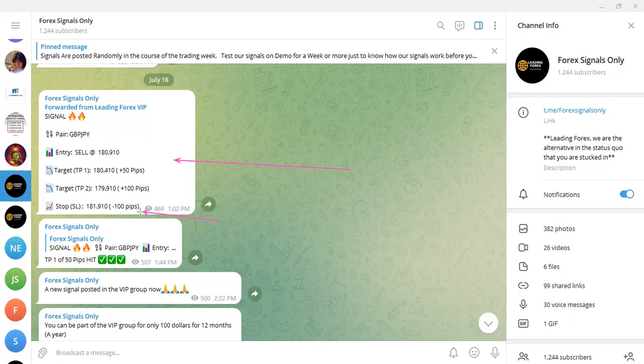How can you do that? It will depend on your risk management. And risk management is about lot sizes. So let's assume that you saw this signal and you want to take it. Upon seeing my stop loss being 100 pips, you are asking yourself at this moment, what should be your lot size? Because your account balance is just $10. What should be your lot size? As a beginner, it might be difficult for you to guess the right lot size to use.